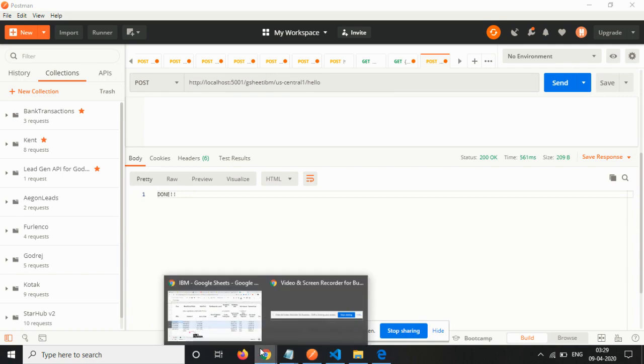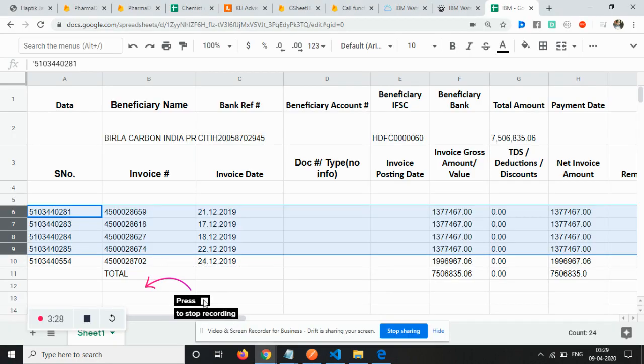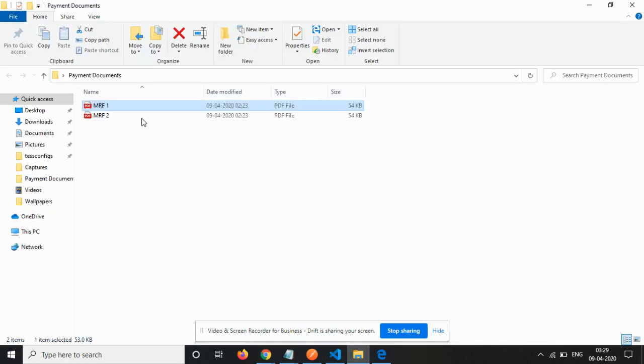Now the service has run and it has again captured the information. Let me open the second document to show what information has been captured.